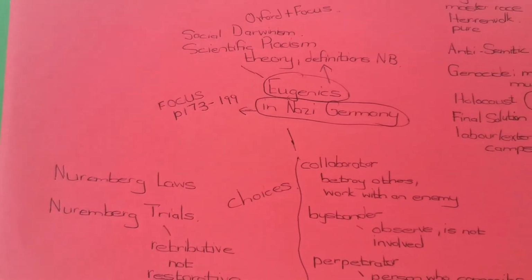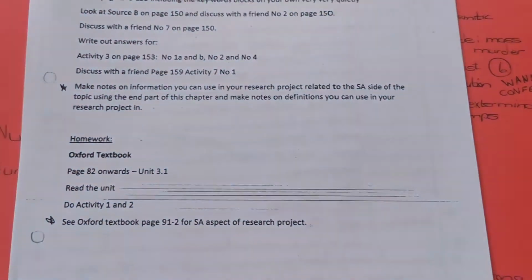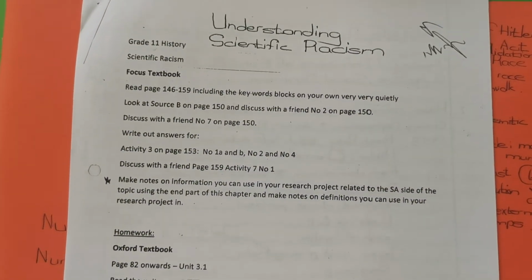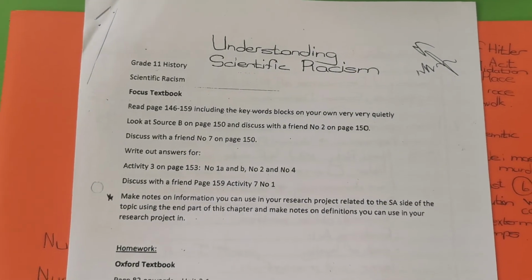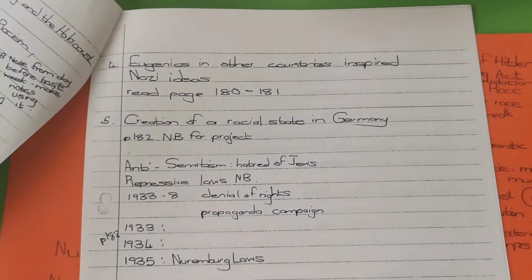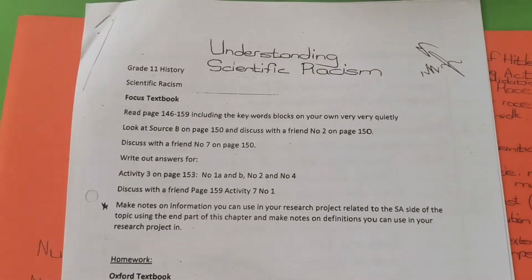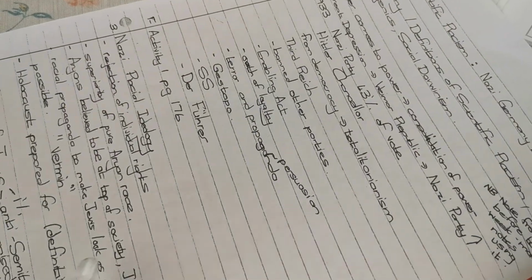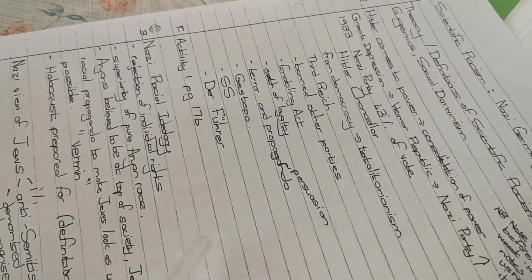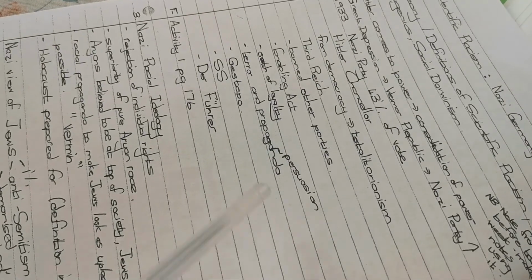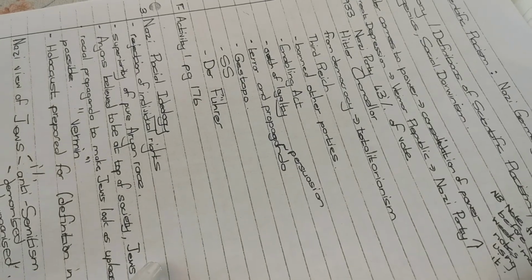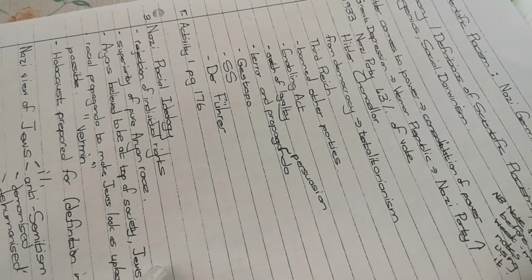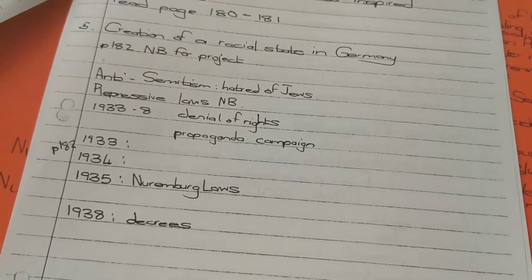So when we look at eugenics, I want to remind you then of a set of notes I'd given you. It had at the top understanding scientific racism, with a little squiggle added by one of my children. And I had asked you then to recognize that that was the theory section. Then there were these handwritten notes of how we were going to write up our summaries. Now that I then typed up for you when lockdown began. It's on the D6. You received it on those 2 days in March, and it was put on the group.